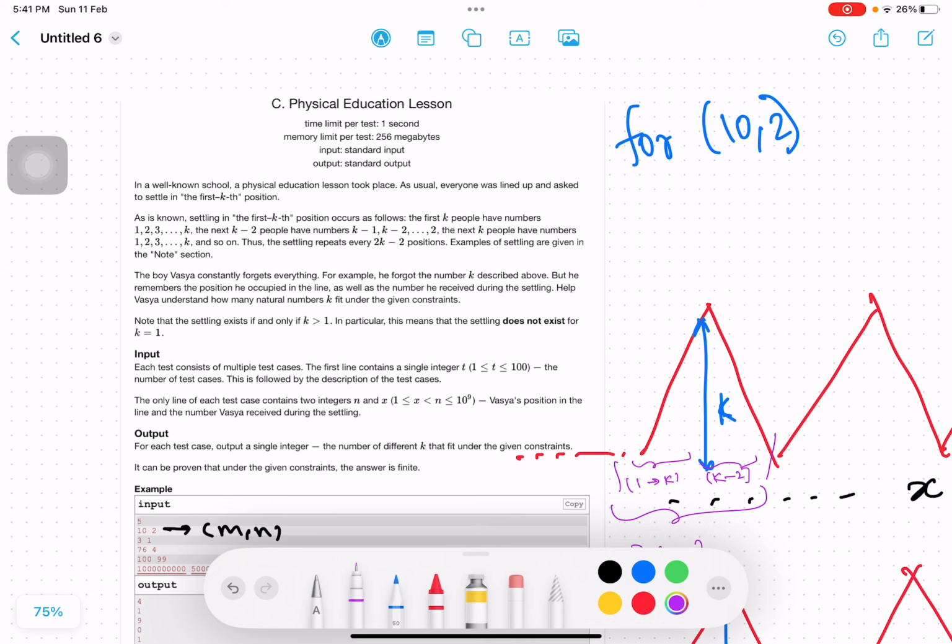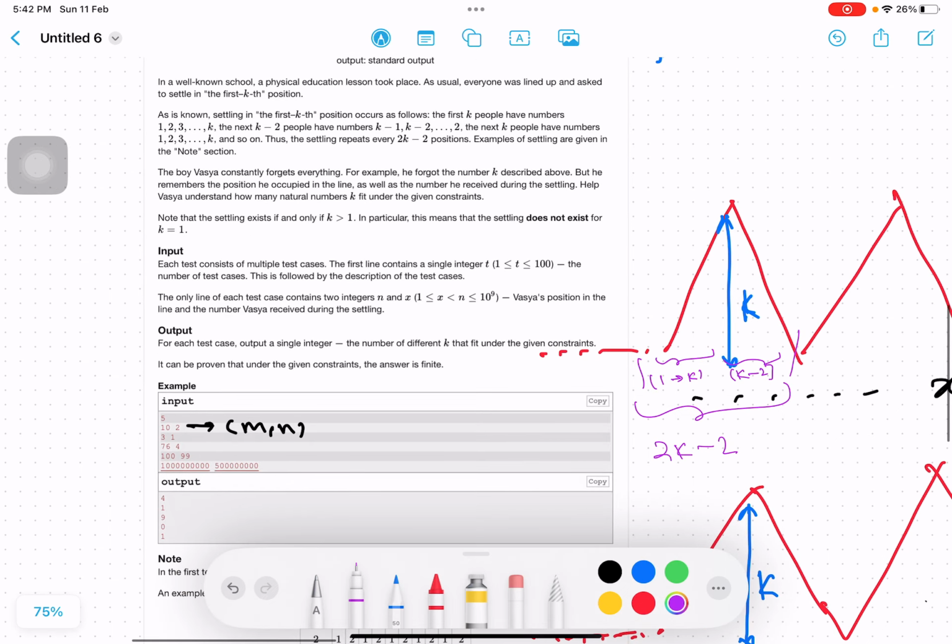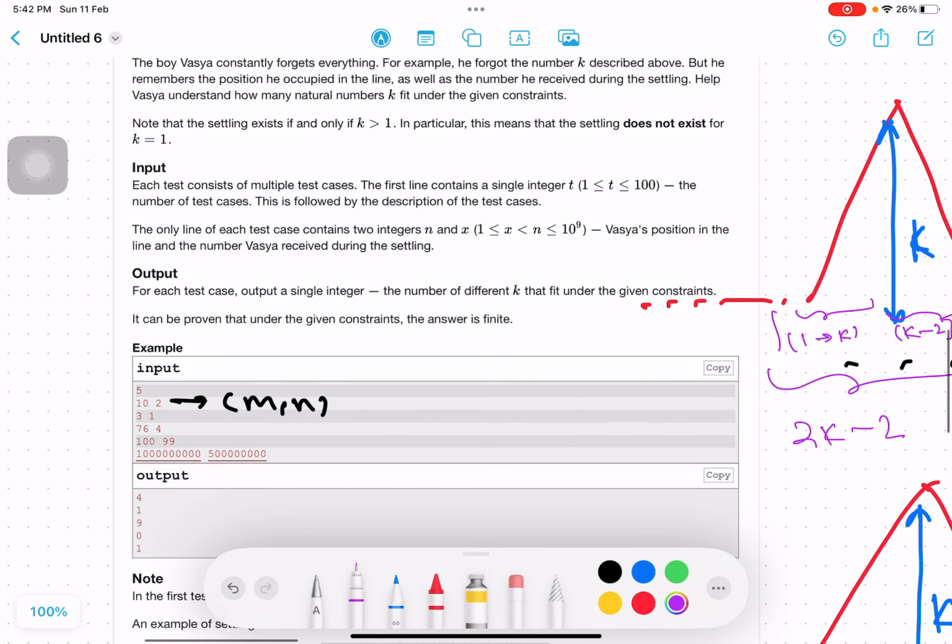Today I am going to explain problem C, Physical Education Lesson, of Codeforces Round 947 Division 2. We will first understand this question by the example given in the input. We are given two numbers n and x. n is Vasya's position in the line and x is the number Vasya received during the set. So for this input we can see